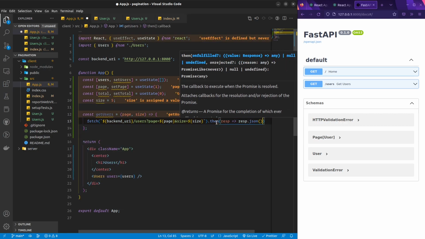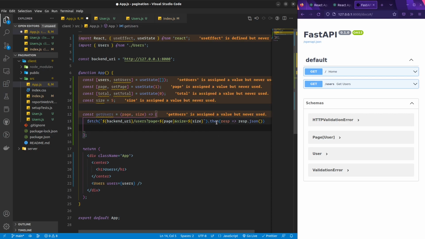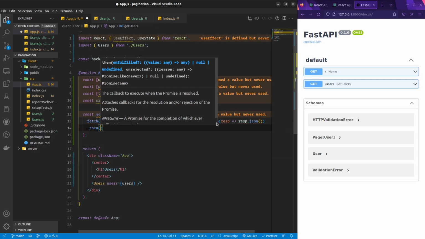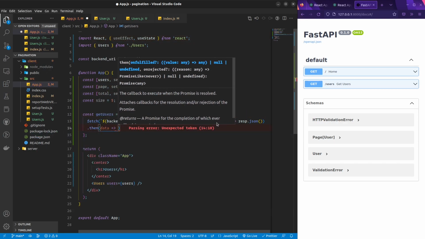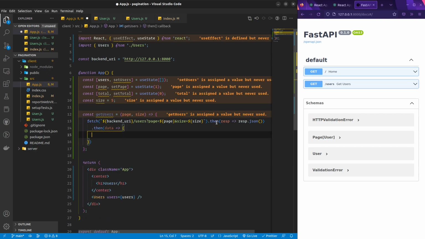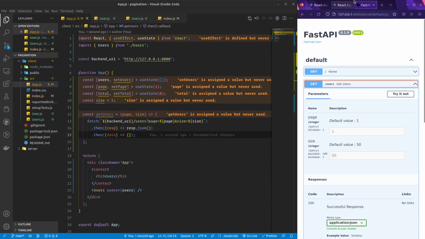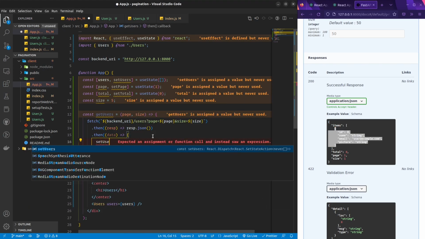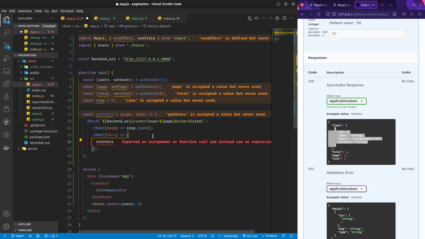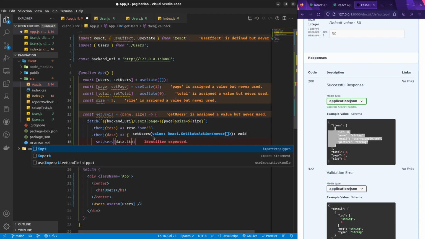I'm going to convert it into JSON, and then I'm going to get the data and extract. Let me just show you the response model once again. In the items, I'm going to have the list of users, which is what I want, right? So I need to set the users list to data.items,